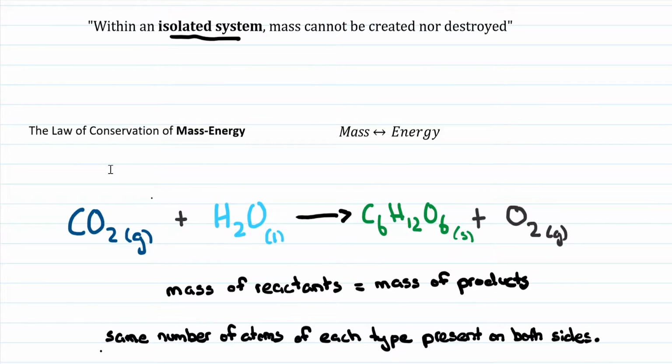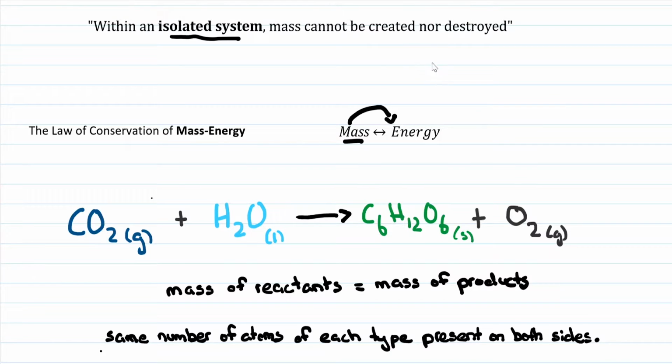And what this states is that in an isolated system, mass or energy cannot be created nor destroyed. Now, on a chemical scale, it is usually insignificant. The amount of mass that's converted into energy is usually insignificant, so we just focus on the mass part of the equation here. We just focus on the law of conservation of mass. So if you're looking at your average titration or your combustion or your single displacement, the amount of mass that's actually converted into energy is very, very minimal. So we don't even consider it.